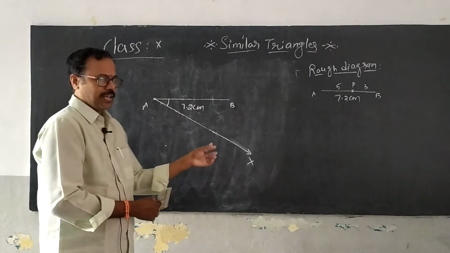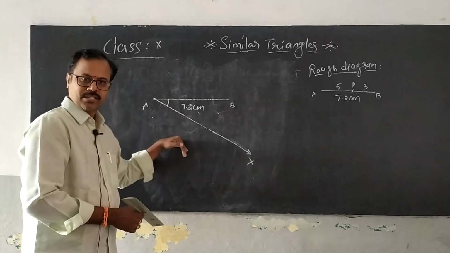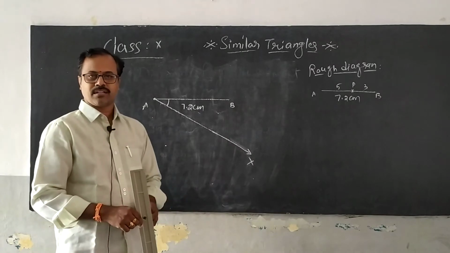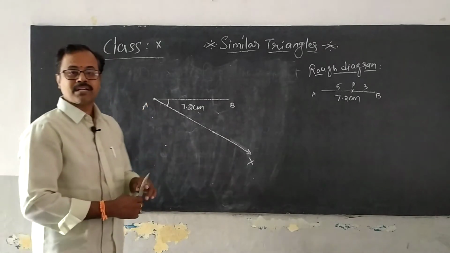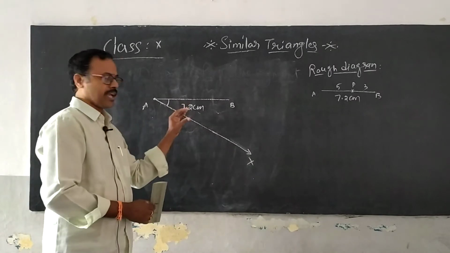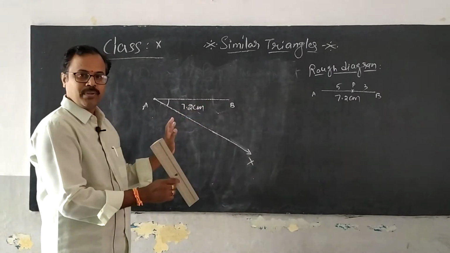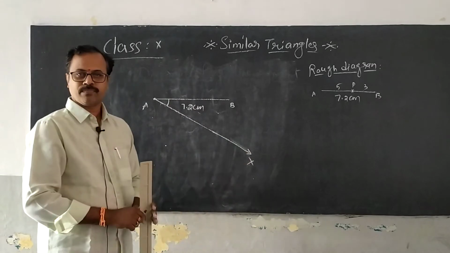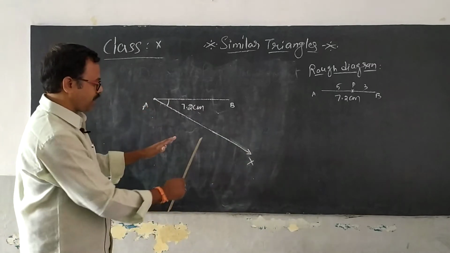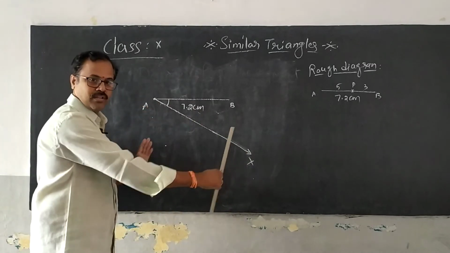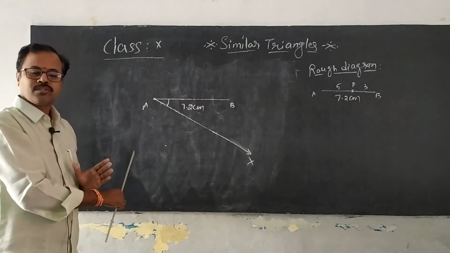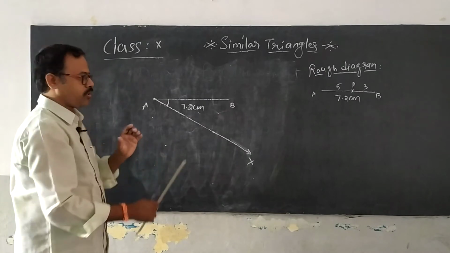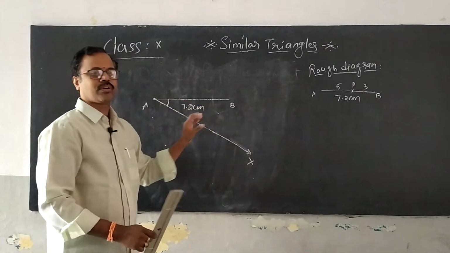Okay, why should we take less than 90 degrees? Can't we take 90 degrees? Of course you can take 90. Can't we take an obtuse angle? Of course you can take an obtuse angle. But if you take an acute angle, your diagram will be within the page. If you take a right angle, it may occupy more space. If you take an obtuse angle, it may go out of your page, so there you have some problems. Also, they asked you to create an acute angle ray.